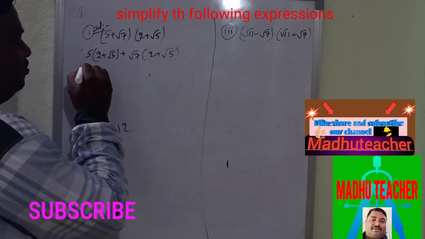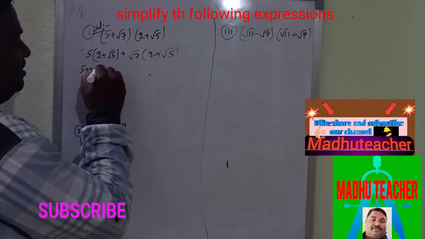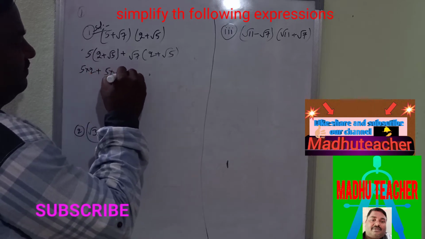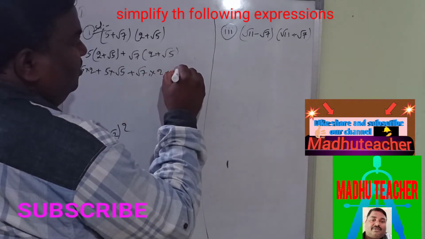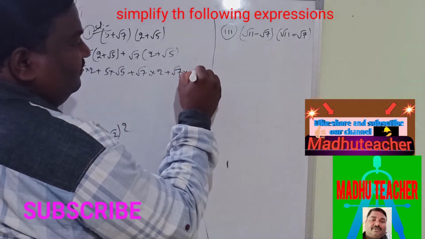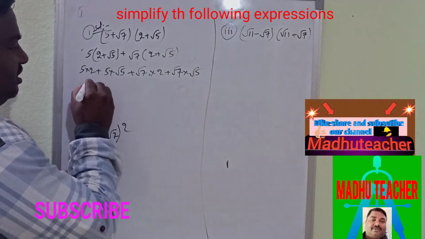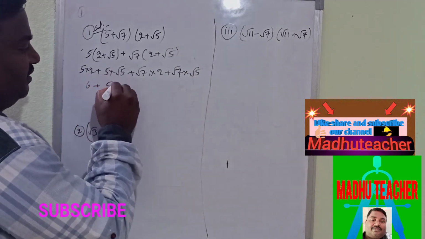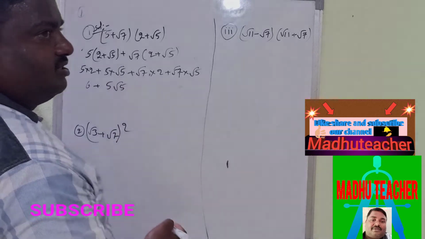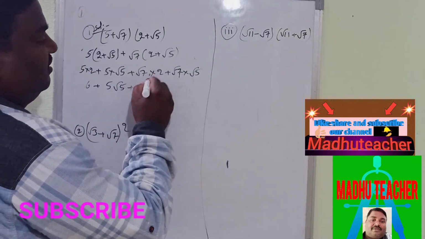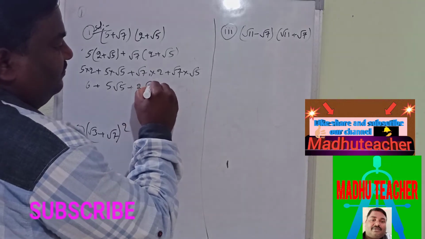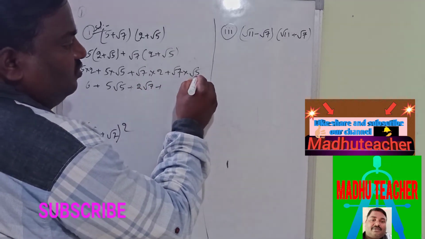So 5 into 2 plus 5 into root 5 plus root 7 into 2 plus root 7 into root 5. 5 twos are 10. 5 into root 5, 5 root 5. We cannot simplify. Root 7 into 2, 2 root 7, plus root 7 into root 5,